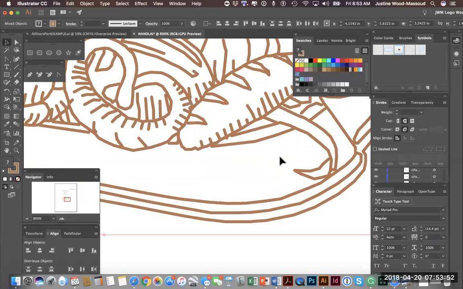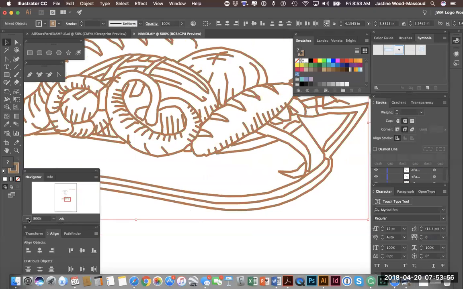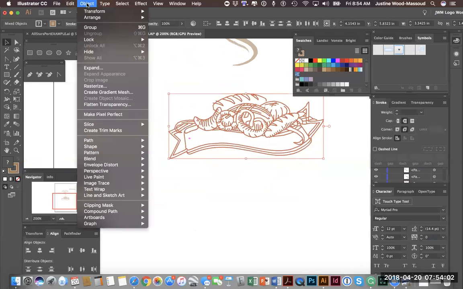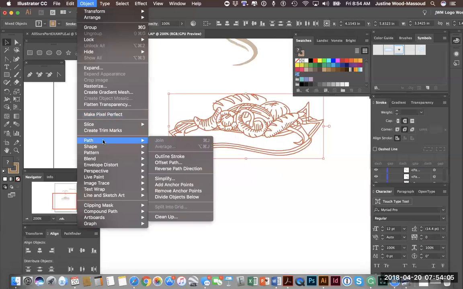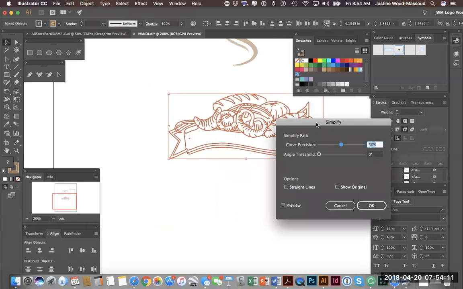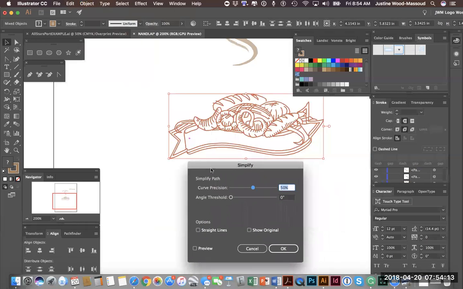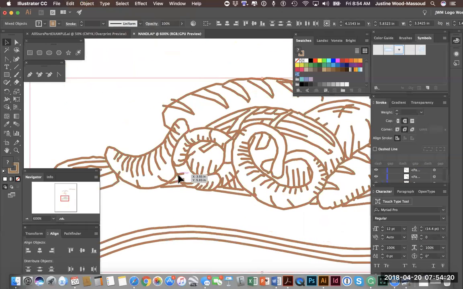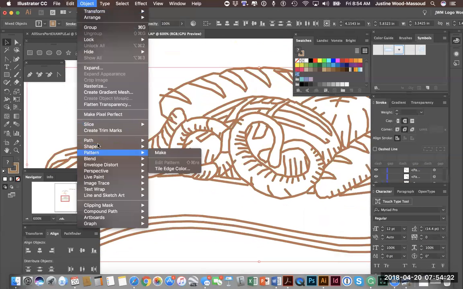Let's see if I can find a few other tools to clean this up a bit more. And then I'm going to show you the one that really makes a difference because it changes it from being lines to being solid objects. Okay, so I'm going to come up here to Object, and I'm going to go to simplify. Okay, now this one, you have to be very careful how you use it. It's also a good idea to zoom in. Whoops, here. I'm going to cancel that and zoom in a bit before I do this so I can see it more carefully. So object, path,